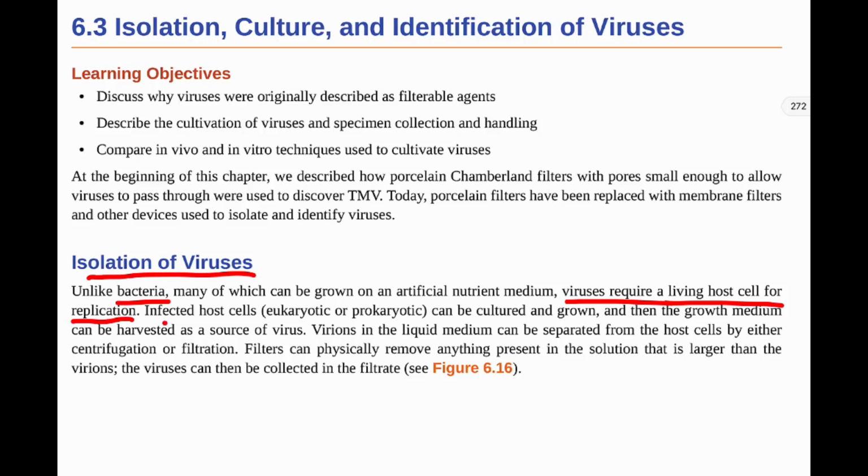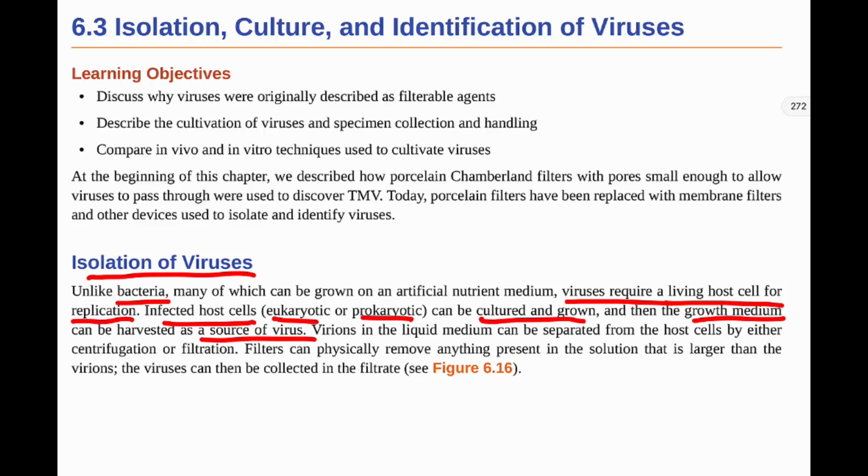So infected host cells, whether eukaryotic or prokaryotic, can be cultured and grown, and then the growth medium can be harvested as a source of the virus. So what we do is we take different bacteria for bacteriophages and we grow those bacteria and we can infect them with a virus, and then we can get the virus from that. Same thing with other eukaryotic cells. For example, human cells, we can grow them, infect them with a virus,